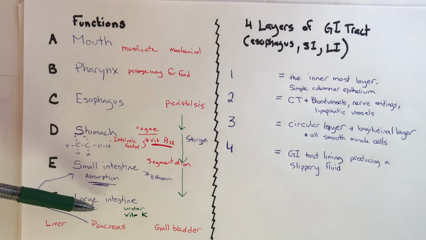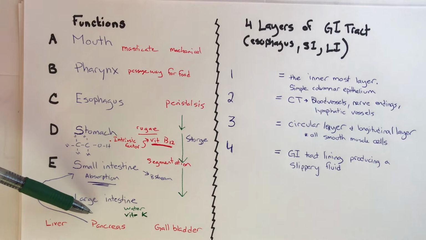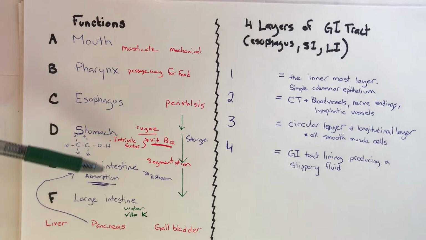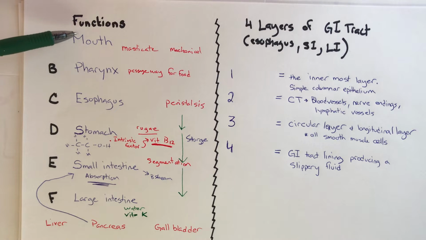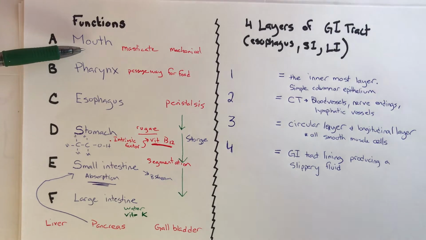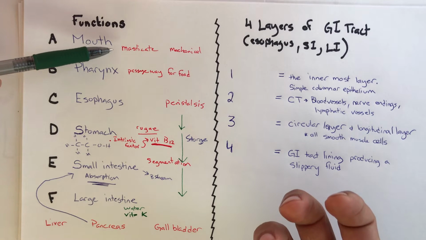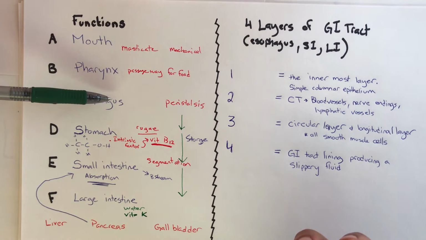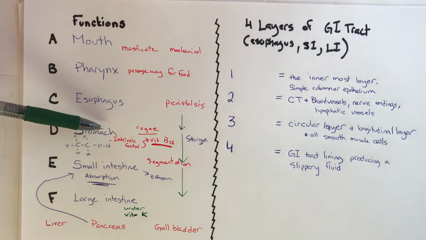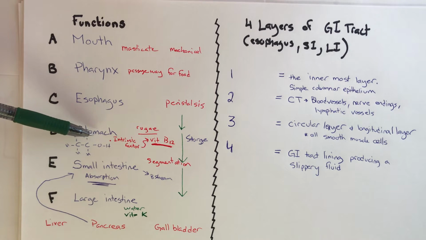And the large intestine is where we really see the mass of food build up. If we start, do you remember in the mouth when we swallow? Do you remember the name of the mass of food that we call a bolus? That bolus goes down into the esophagus, down into the stomach. When the stomach mixes that food with digestive enzymes,